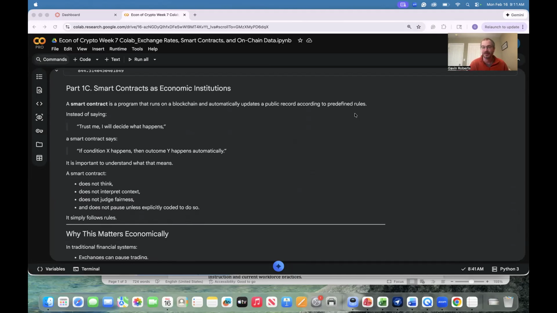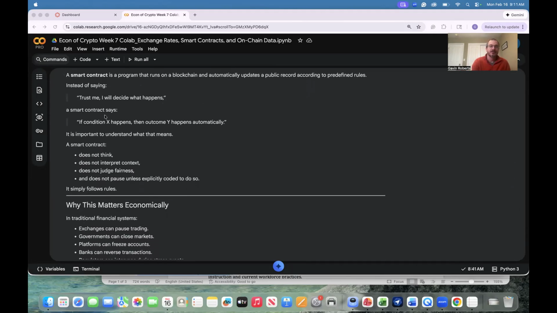So this should make perfect sense, that this would be aligned with what blockchains and cryptocurrencies are, because what we do is we predefine rules to try to make incentive compatibility. Now smart contracts just allow for more complicated things to occur on blockchains. So instead of saying, trust me, I'll decide what happens, like, trust me, I'll pay you back later, it might be: the second that Gavin's lawnmower is done with my lawn, a smart contract executes, and then the money automatically goes to a bank account, as opposed to trust. I'll just pay you when you're done mowing the lawn.